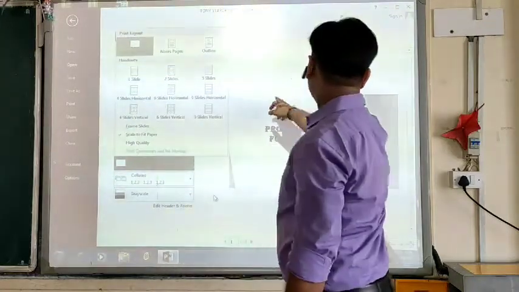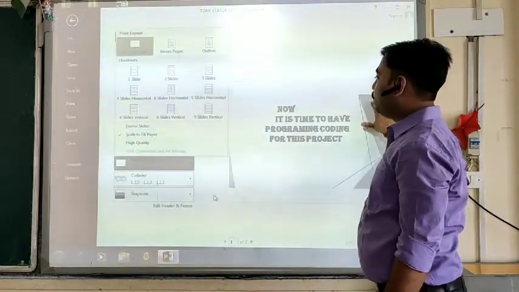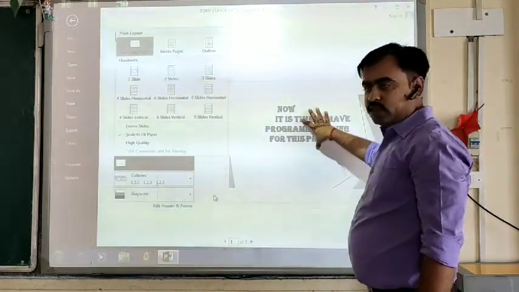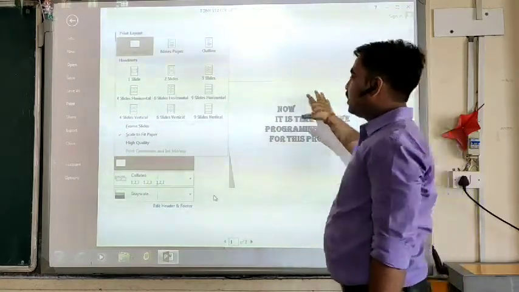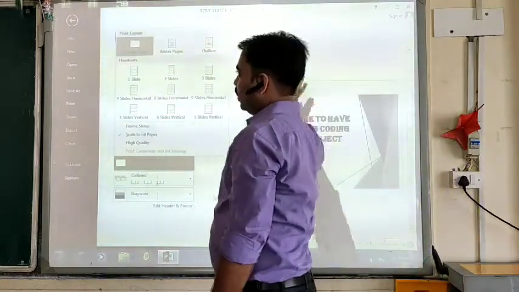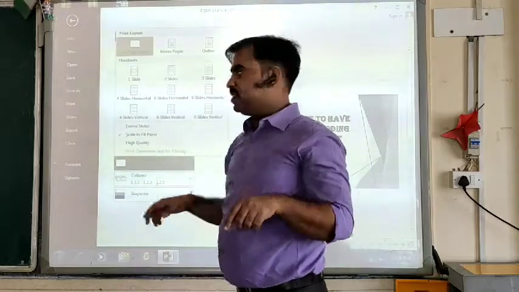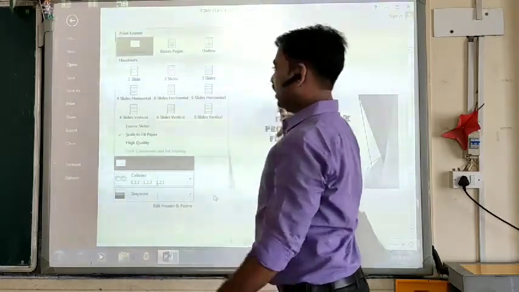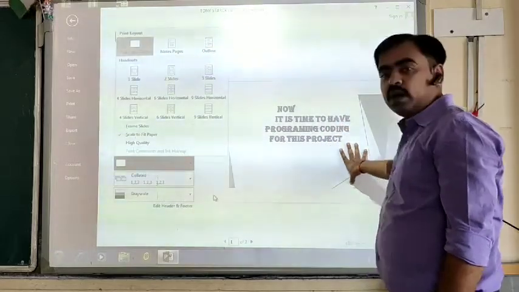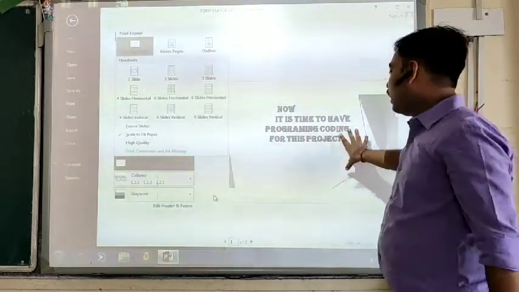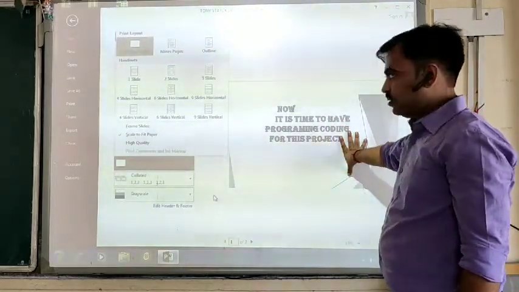That is, it will only print the text or objects which are present on the slide itself. On the complete page, it will only print the text which you have, or if you have used any picture, it will be printed on this.